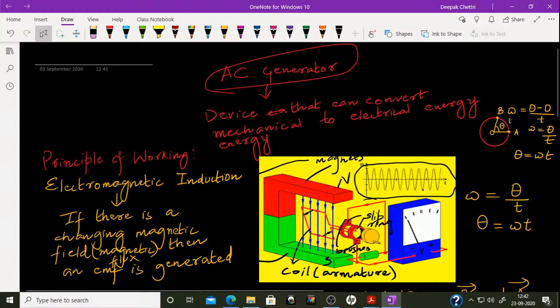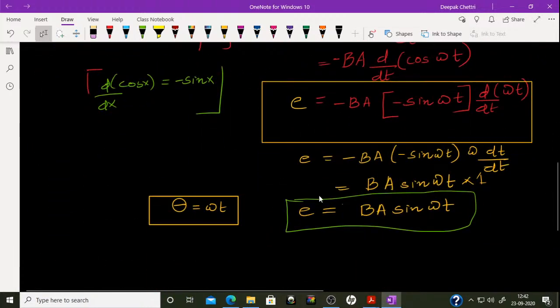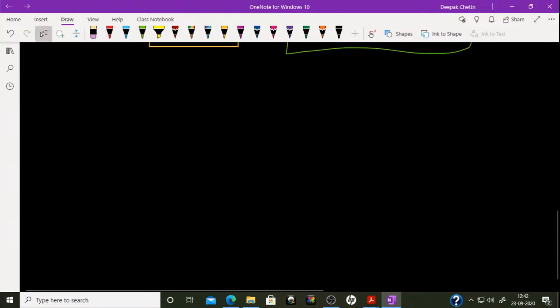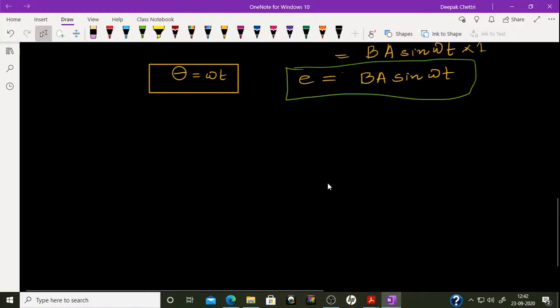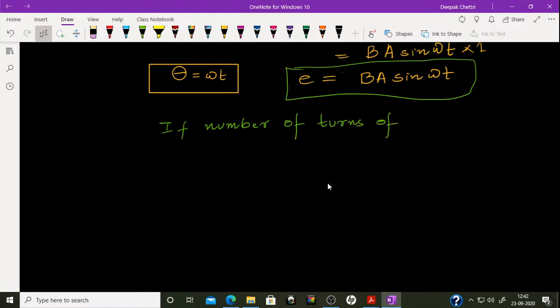If I use many turns, let us say the number of turns of the coil is capital N, in that case your formula for E becomes